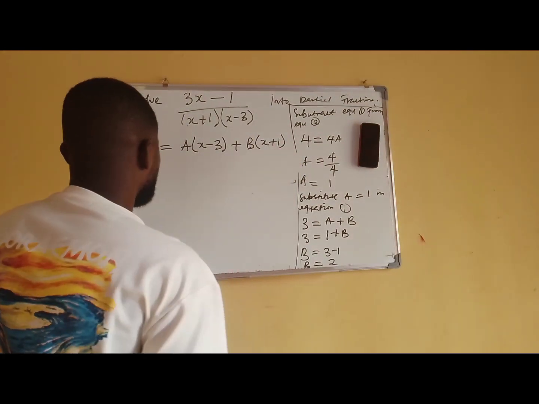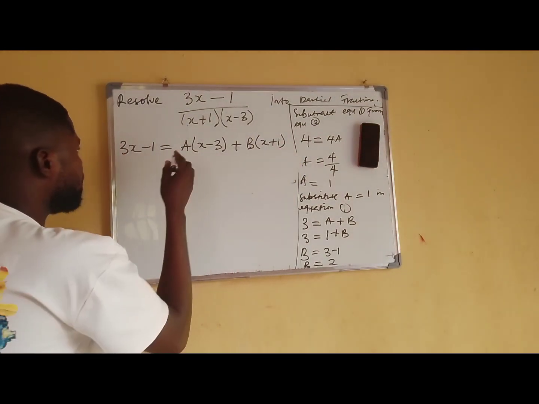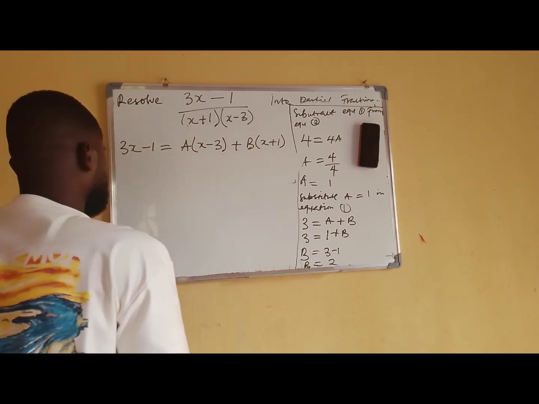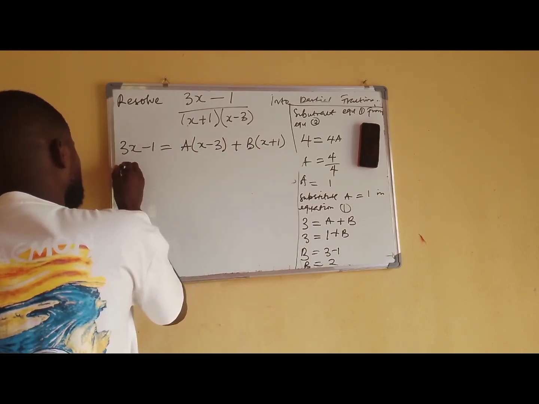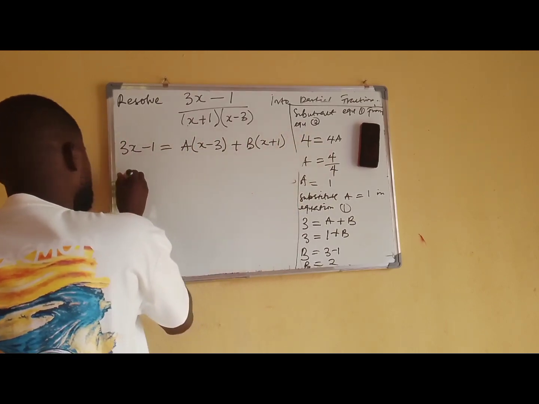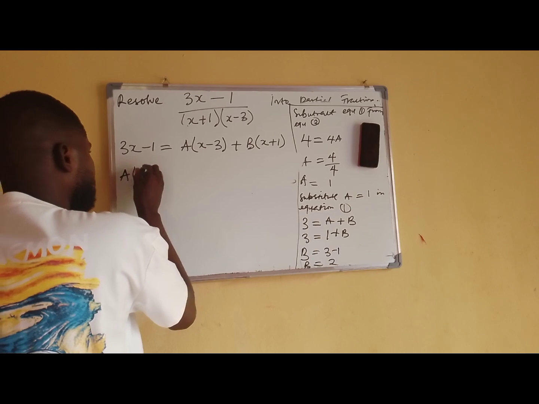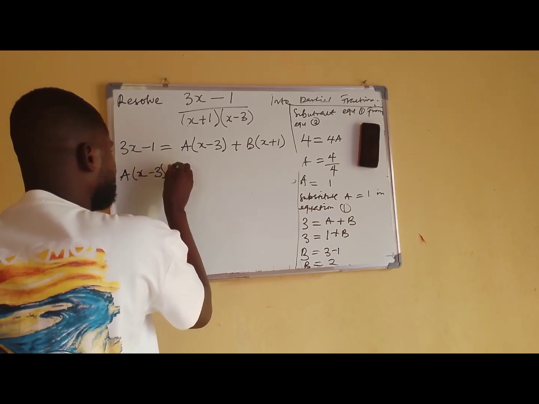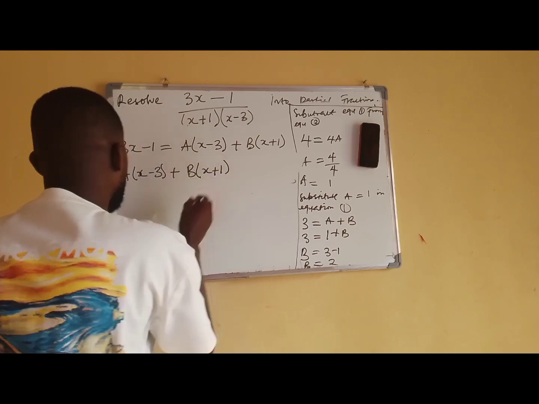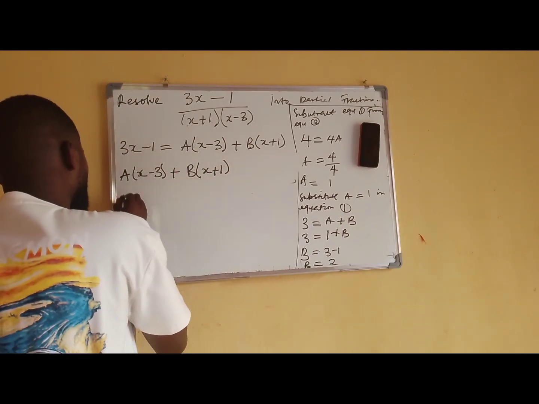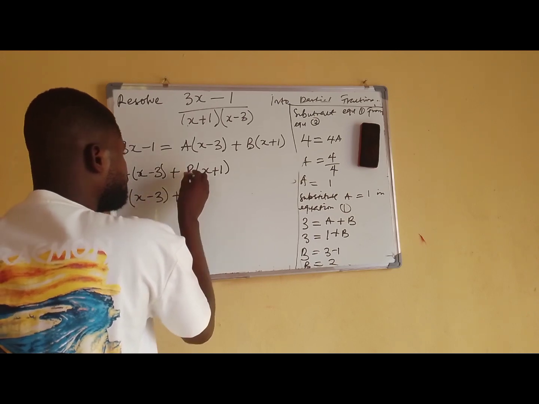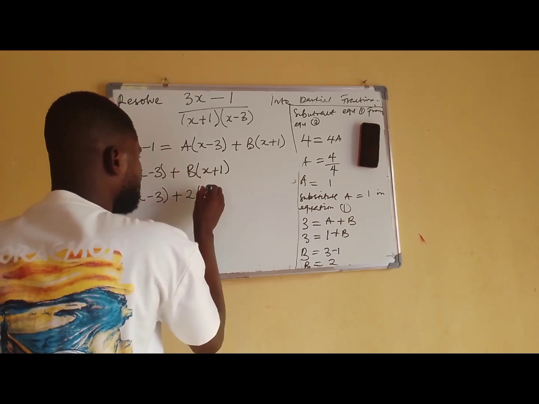Now, we all know the value of a and the value of b. Let's substitute them. Now, the right hand side is a open bracket x minus 3 plus b open bracket x plus 1. But a is equal to 1, open bracket x minus 3, plus b is equal to 2, open bracket x